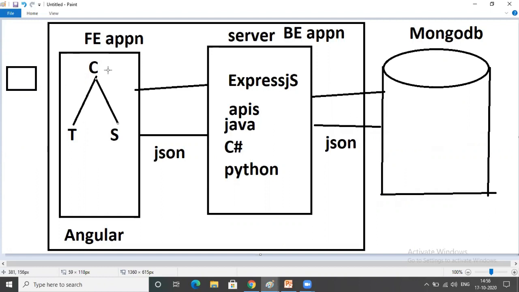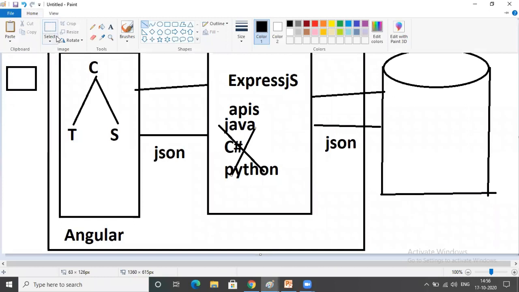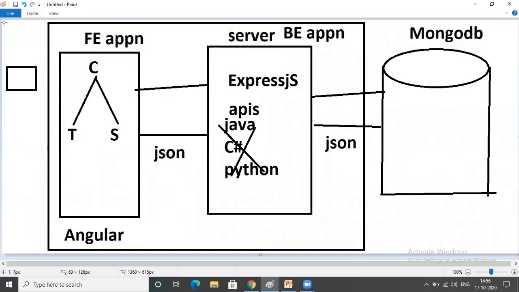MEAN stack developer means front end is Angular, and without Java, .NET, or Python, back end is Express.js. In order to provide services to Express.js and Angular, we have to take the support of Node.js. Node.js is a runtime environment. What is the meaning of runtime environment? It will provide services to what?